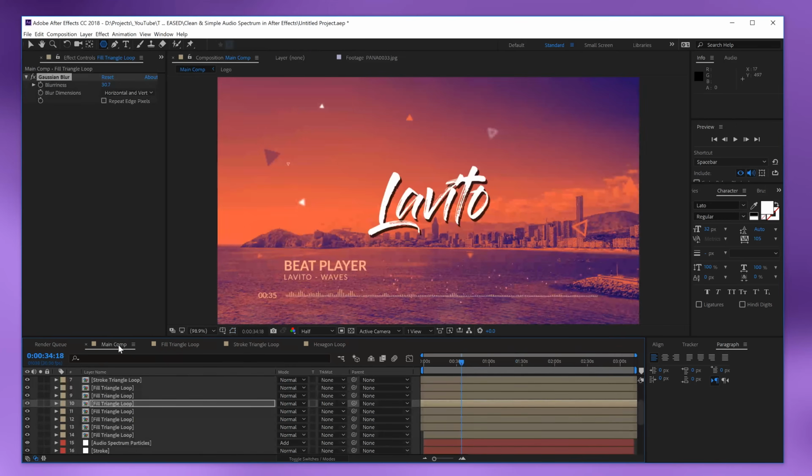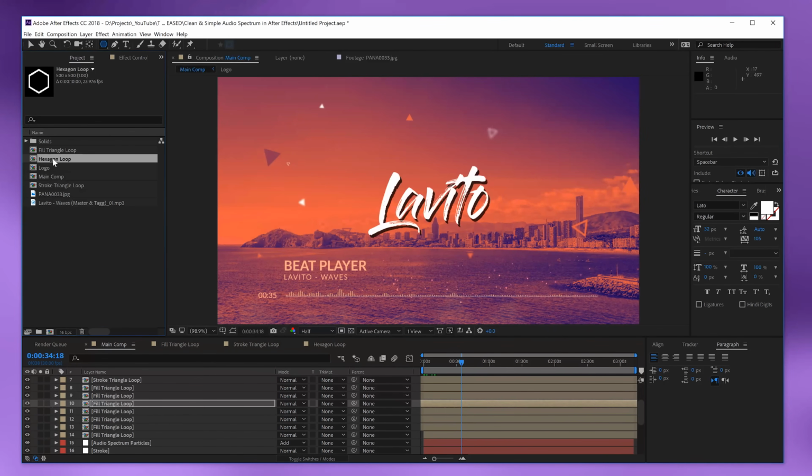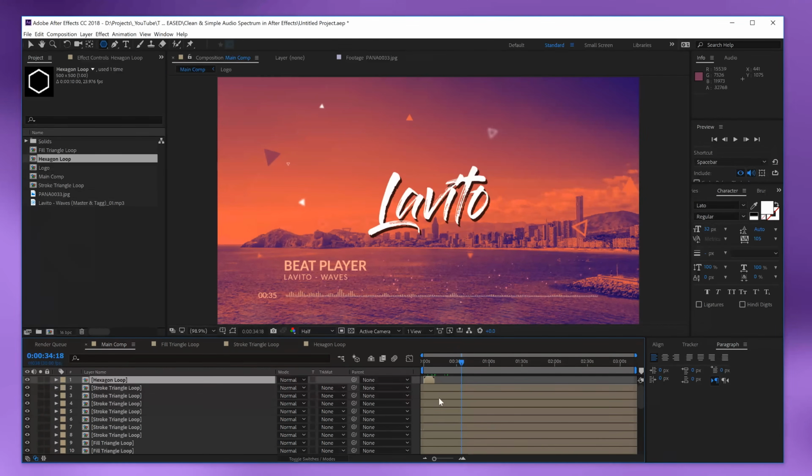Okay, perfect. Going back to the main composition, we will actually select our hexagon loop, put it in our scene,